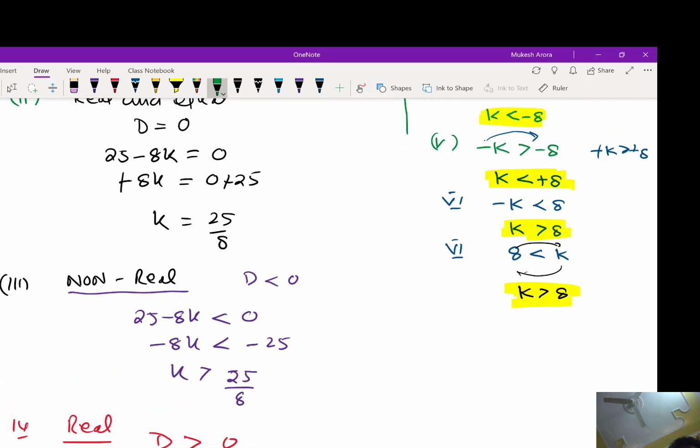And last one is if k squared is greater than 16, so k is greater than plus minus 4, so we write minus 4 is less than k is greater than 4. Minus 4 is less than k, that is k is greater than, then we write like this. So we have to be careful. This is a full-fledged chapter in your plus 1, where most of the sums on competitive exams come from this very topic. So this is a little bit of introduction which you need to know for this sum, right?